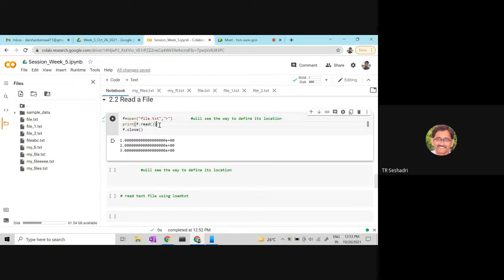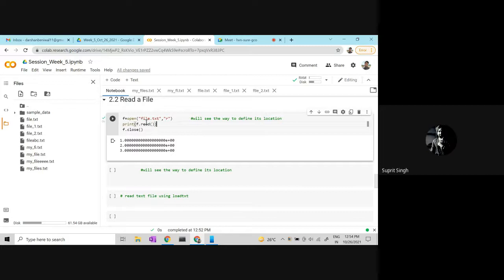The question is, whatever be the attribute, I want to print it, that's all. How does it matter what is the attribute? Open pointed F to say this is the file. Now F is an object, and the next thing is you want to read this file. What do you want to do with this file? You want to read it. F dot read. No, I already read it. Now I want to print it.